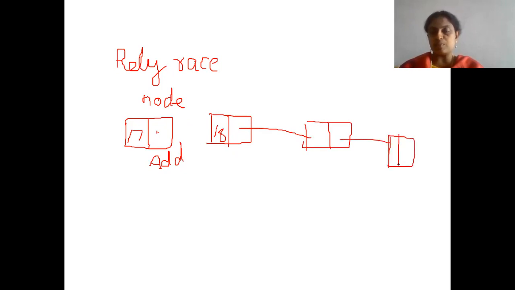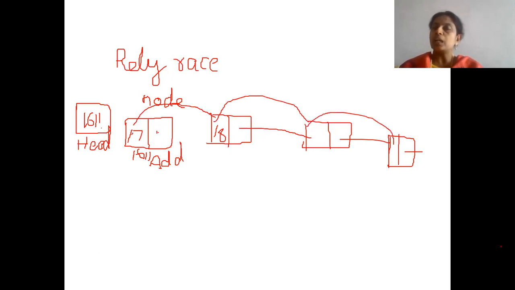To start, somewhere we need to start directly. For the first node, to start that, we always will have one node called the head node, which will have the address of the first node. For example, consider the memory address of this is 1611. So this is the beginning, and we call it head. Head will have the address. Once you touch the head, head will take you to the first node. First node will take you to the second node. Second node will take you to the third node. Third node will take you to the fourth node. Like that, however much data you want to store, you can.